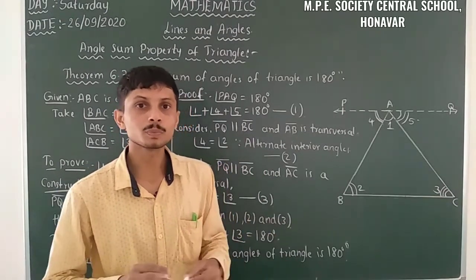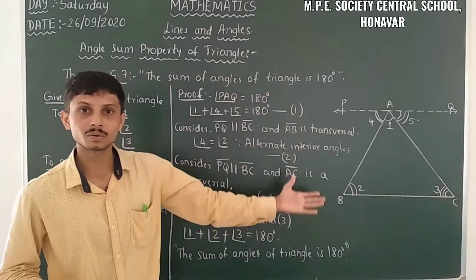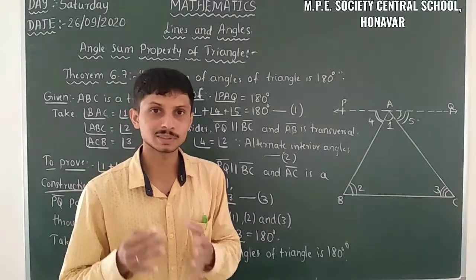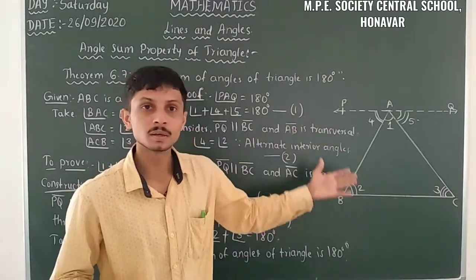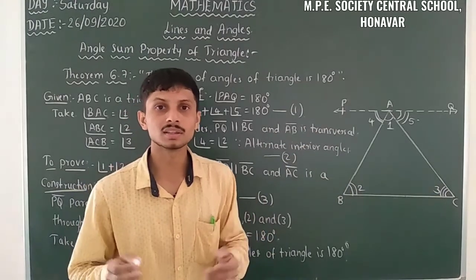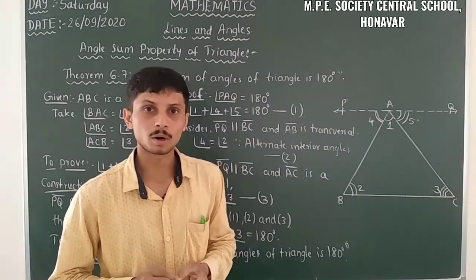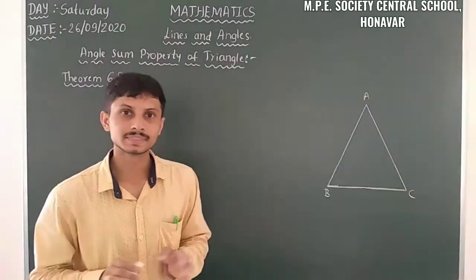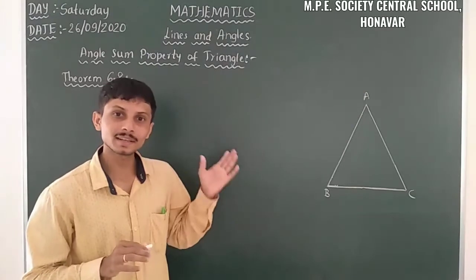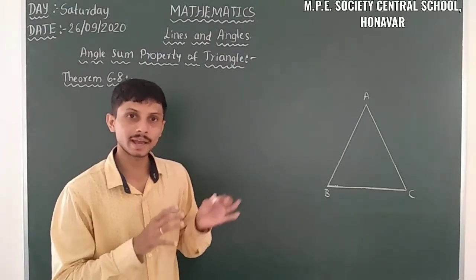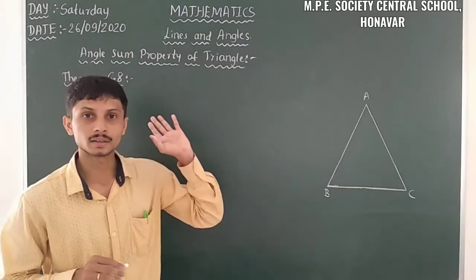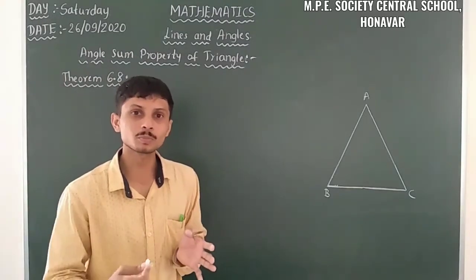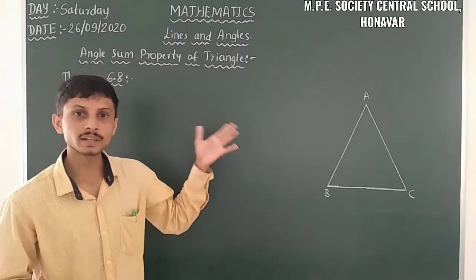Here it is the proof using the given quantities. When we have all the axioms and theorems, we can easily prove all the theorems and all the problems. So let us move on to the next theorem. Yes, so let us take theorem 6.8 based on the angle sum property of triangle. So here angle sum property is our known thing, given thing. So we have to prove theorem 6.8.